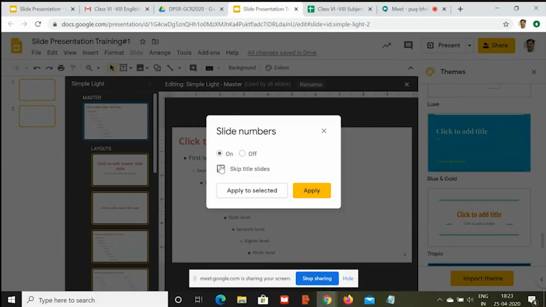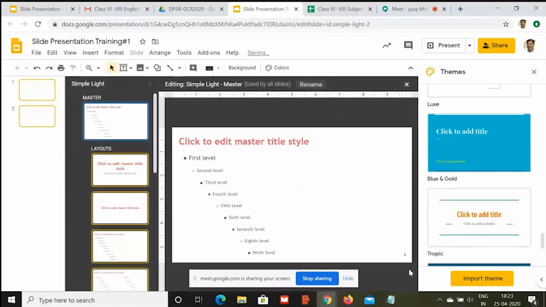And normally on the very first slide, you don't want the number to appear. So you can just click on skip title slide. After doing this, you just have to click on apply. Once you do this, the slide number which you are seeing here at the bottom in the template, this will start appearing in various slides.